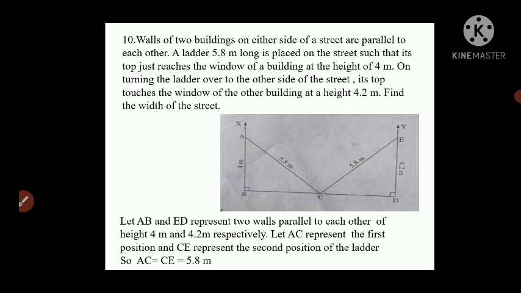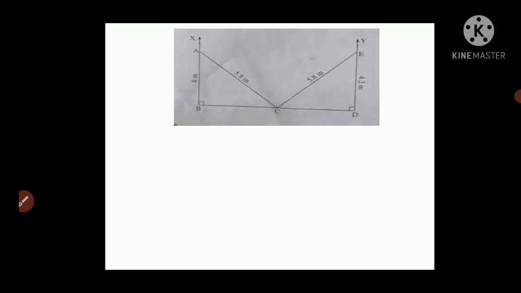Now see, if I break this diagram in two right angle triangles, on the left hand side you can see triangle ABC, which is a right angle triangle at angle B. So I will use Pythagoras theorem and I will find out BC. Now on the second part of the diagram, right hand side, you can see EDC is the second right angle triangle, where again I will use Pythagoras theorem and I will find out CD. So once I get BC and CD, I will add BC and CD, then I will get BD, which is the exact width of the street. So see students, first we will move on to the first right angle triangle, see the diagram.